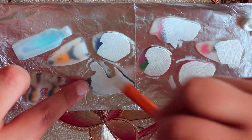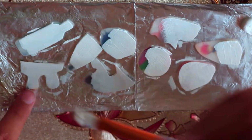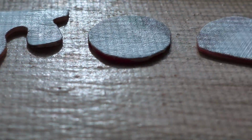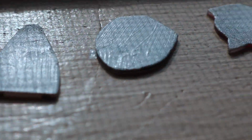I'm not sure how, you know, color theory works, because I'm not an artist. But that's what I did. You can obviously use whatever color that you want. It's up to you. It's your craft. Have fun with it. It's still sunny in Los Angeles, so I just put it on my windowsill and it